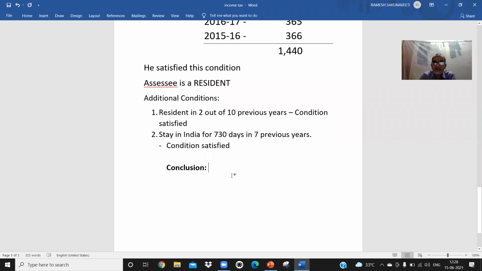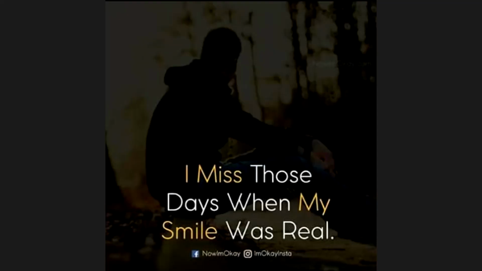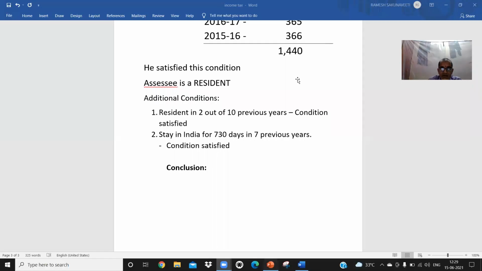In real life? Yes, sir. Yes, in real life it happens, no? For some Indian citizens, they will go to foreign countries. Some foreigners will come to India. They will do business in India while staying in a foreign country. Then how to solve those problems? I will just show you an example. You first note down these conditions. Now I am stopping this and I will share my screen.